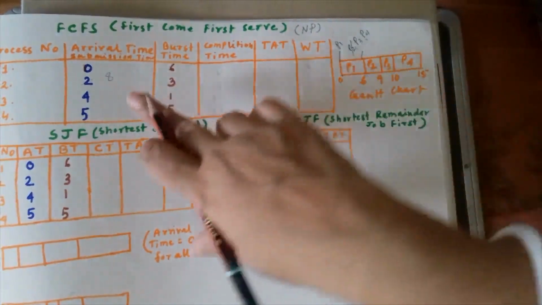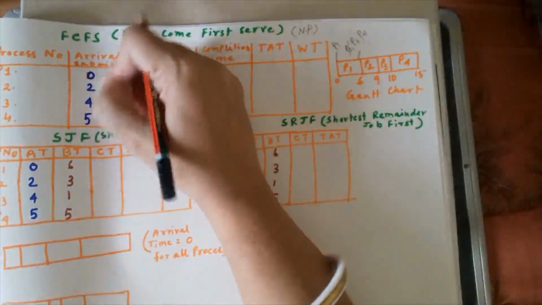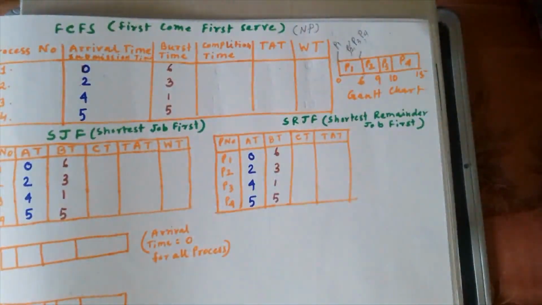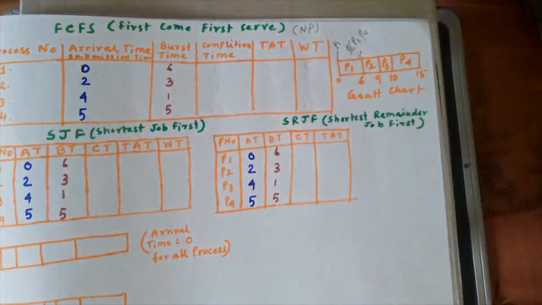Please forget that part; you don't need to consider such things. I told you because you may have a GATE exam or some other competitive exam, and to confuse you they might give the arrivals out of order, so that you may not notice and you may continue with the order P1, P2, P3, P4.